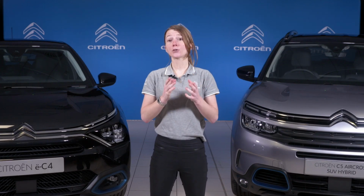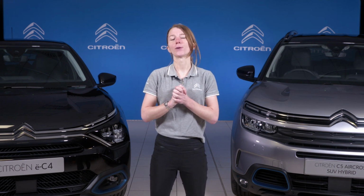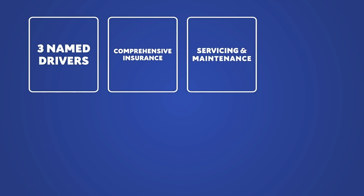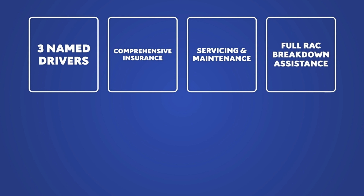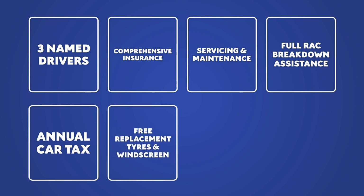At this point, it's useful to recap on what's included with your Motability package, so you can enjoy completely worry-free motoring. 3 named drivers, enabling you to nominate 3 additional drivers. This could be a family member or carer. Comprehensive insurance. This covers all vehicles involved in the accident. Servicing and maintenance, so there's no additional costs when it comes to maintaining your vehicle. Full RAC breakdown assistance, annual car tax, a tax based on the vehicle's CO2 emissions, free replacement tyres and windscreen replacement,